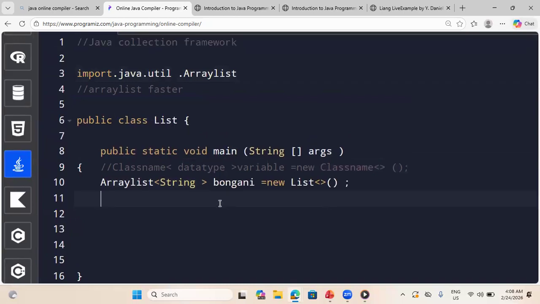So now I have created my array list. Now from here, you'll use the functions. Here the syntax is you write the object that you created, the variable, which is Bongani, then dot add, then you say